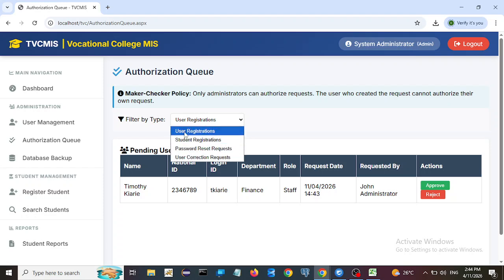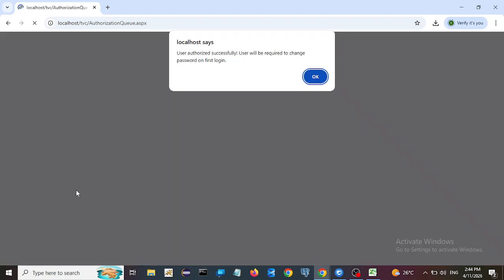So in this case, this is a user registration. It's already pre-selected, and you can see our pending record here. So the admin approves that, and the system will give you the confirmation that now the user has been authorized successfully, but you will need to change the password on first time login. This is for security purposes. So you click OK,